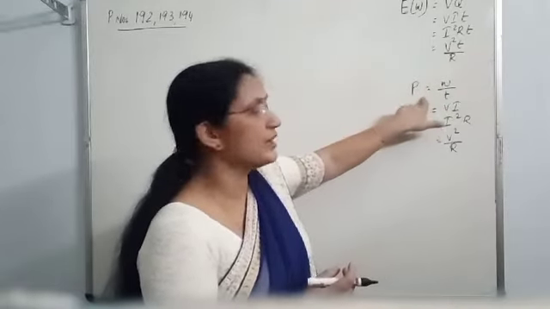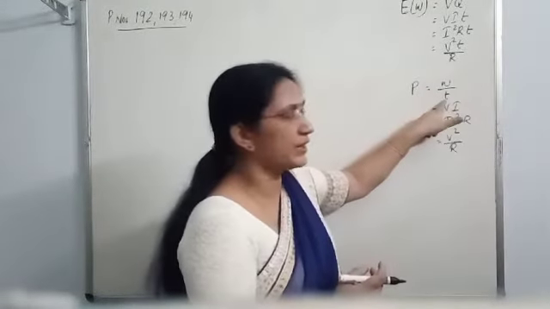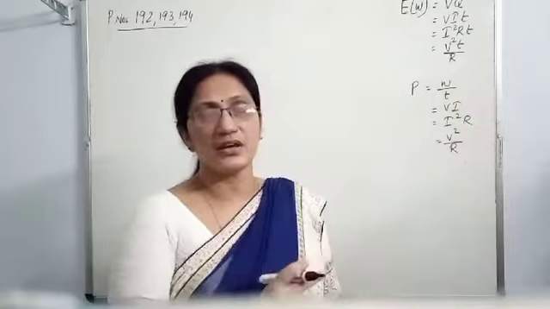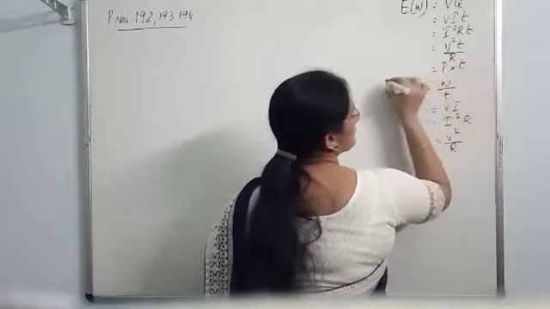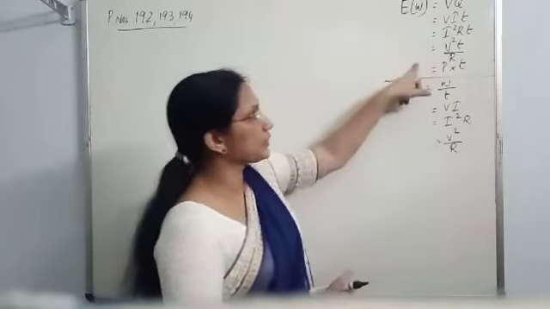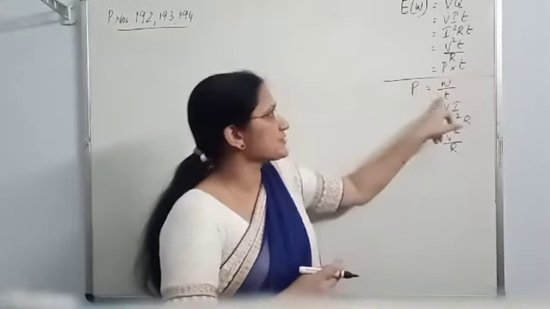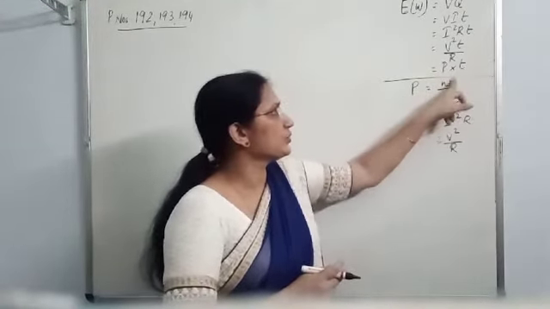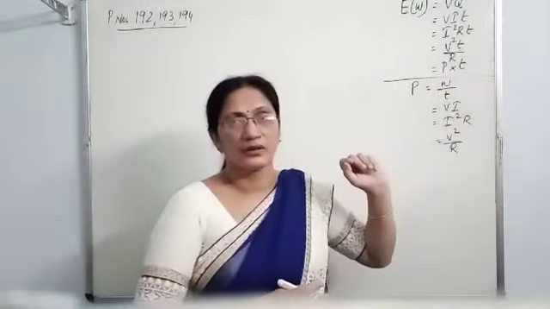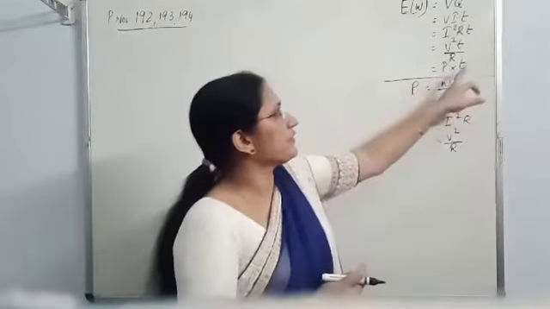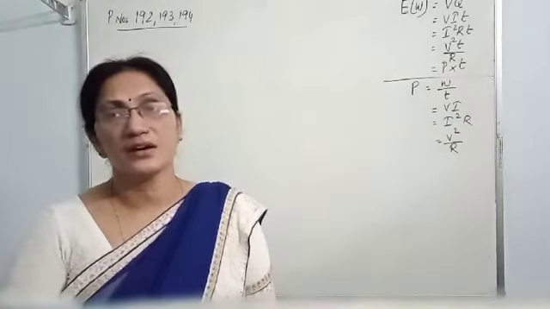Look at this equation. Power is work upon time, P is equal to W by T. So work is power into time. Work or energy can be found out by one more formula, that is power into time. So total 5 equations are there to calculate the energy. This last equation is derived from this one. So by using power into time we can calculate the electric energy or energy consumed.